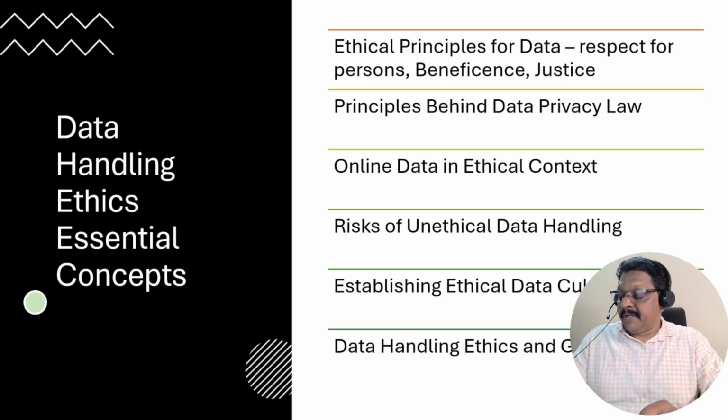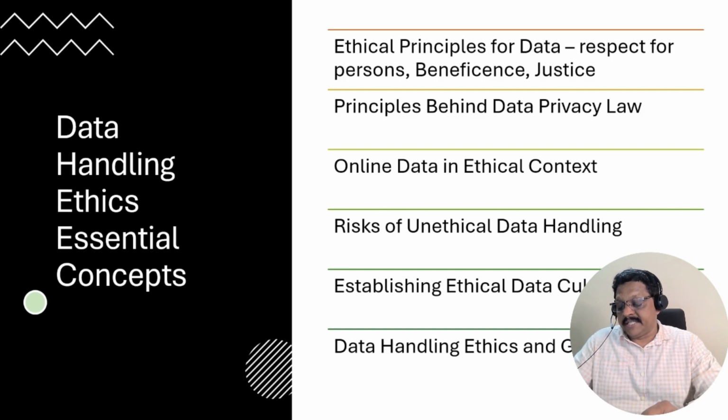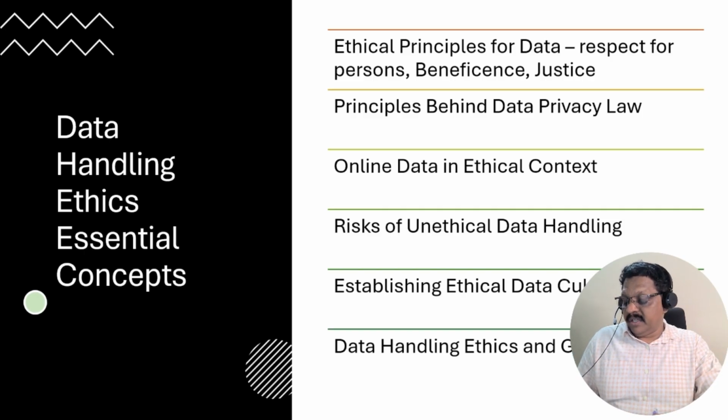Then coming to the next essential concept, online data in an ethical context. What is online data? There are now emerging dozens of initiatives and programs designed to create a codified set of principles to inform ethical behavior online, especially in the United States. Some topics include ownership of the data. What is ownership of the data? The right to control one's personal data in relation to social media sites and brokers.